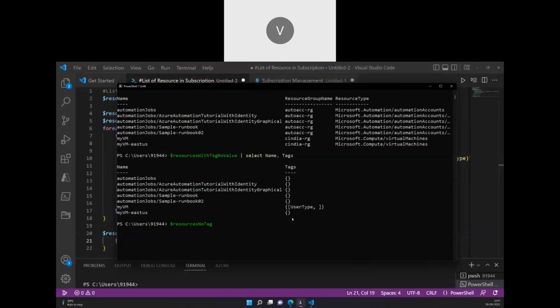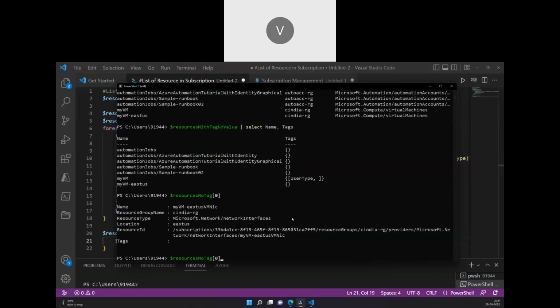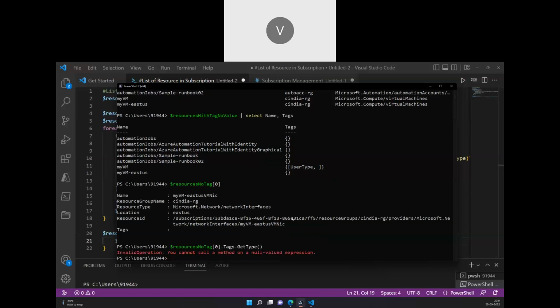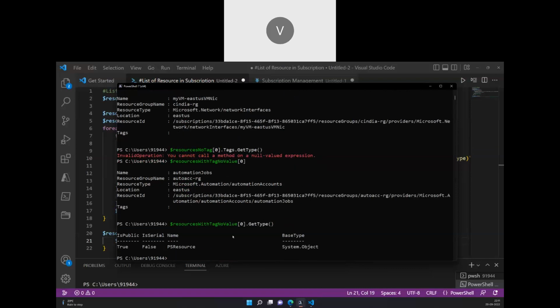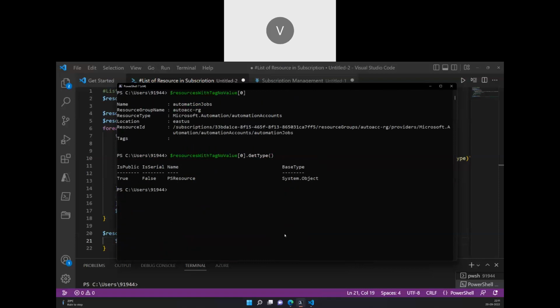No tag, and there are elements in that. So take the first element, and I wanted to understand what is the type of it. Now if you go for get type, you will get a null value, that is why it was not there. But we can look at the ones which have tags, resources with no tag value of 0, and I ask for get type. I see it's a PS resource, but